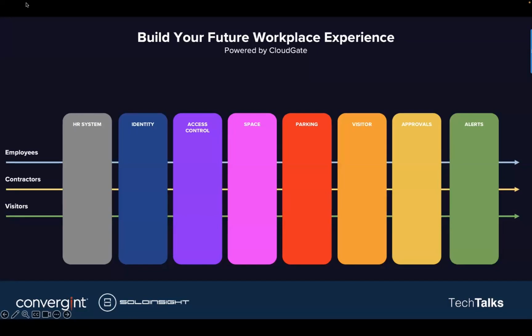For contractors, that really can be dependent on if they're contingent workers, if they're multi-year contracts you have for service and support. And then with those contractors, you may also have hourly, and you may also have contracted, such as 6-month workers. Those are going to have different accesses to different logical systems and physical systems in your organization. As we move to employees, that is going to be the most in-depth and the most clustered form of workflows in